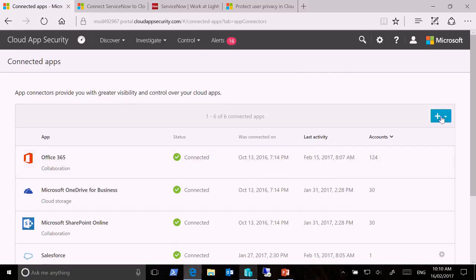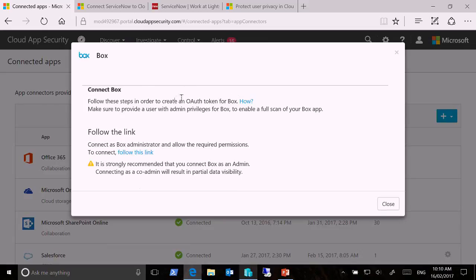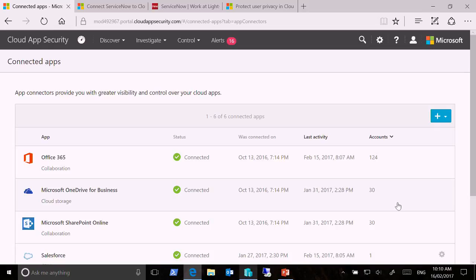Essentially what you do is you just go and add your different apps. So if I wanted to add Box, it allows me to connect Box, and what we're going to do is create an OAuth token connection to that particular cloud application, so that we can then provide some governance, and I'll show you where the governance is when we set up our policies. You can follow this link, and it gives you details on how you actually do that, and we've got those for each of the applications that we